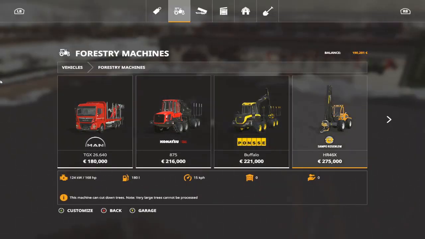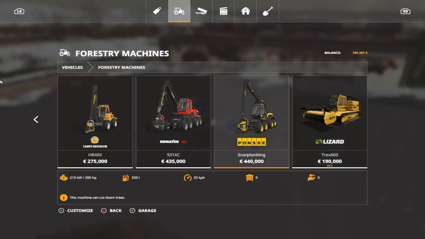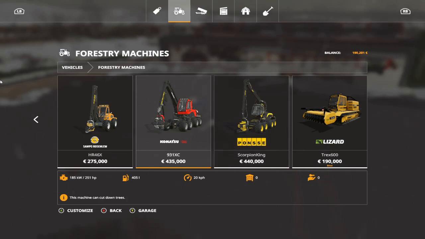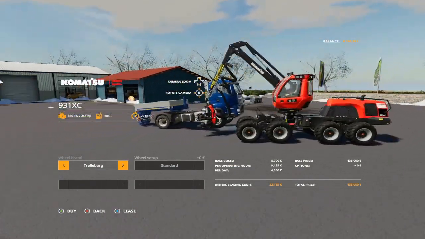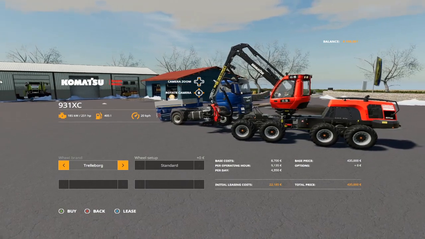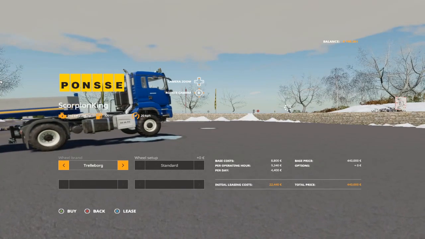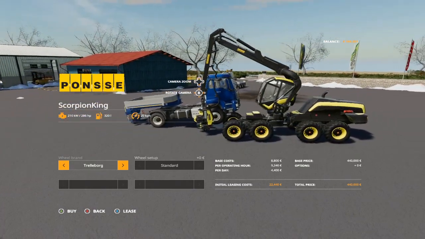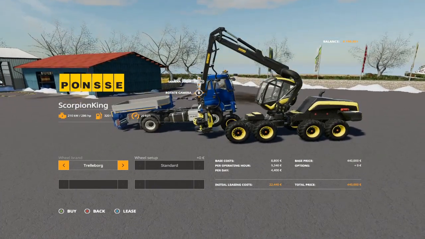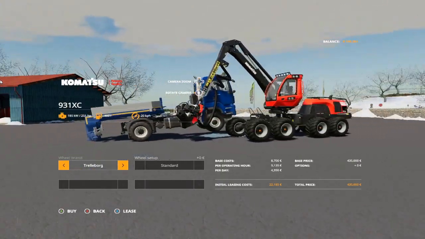Okay, so we're here at the shop now, looking at, it will really come down to whether we use the Scorpion King or 931. We'll just have a quick look at what the leasing costs are. Whoops, it always does this because it kind of places it. So the daily leasing cost for the Komatsu is 22,185 plus 9,000 per operating hour. For the Scorpion King, it's almost the same, 9,000 and a bit per operating hour, and initial leasing cost of 22,000. So I'm going to go for the Komatsu, mainly because I've used the